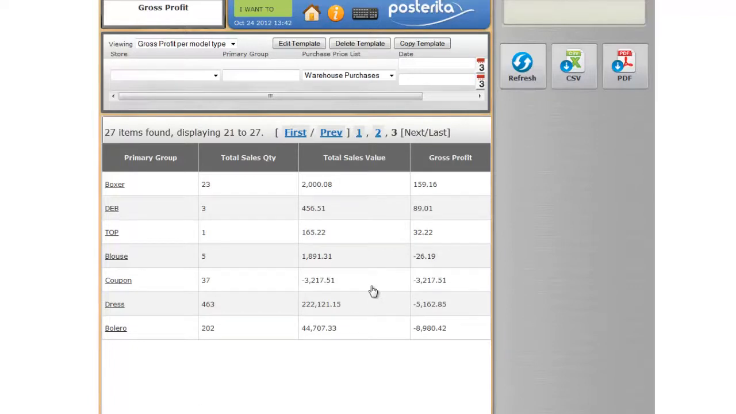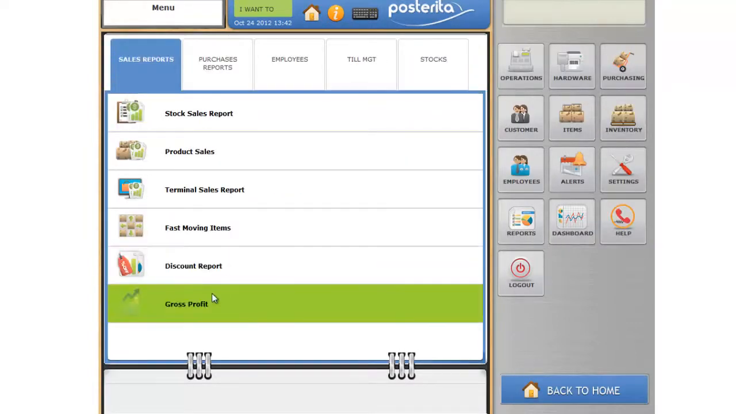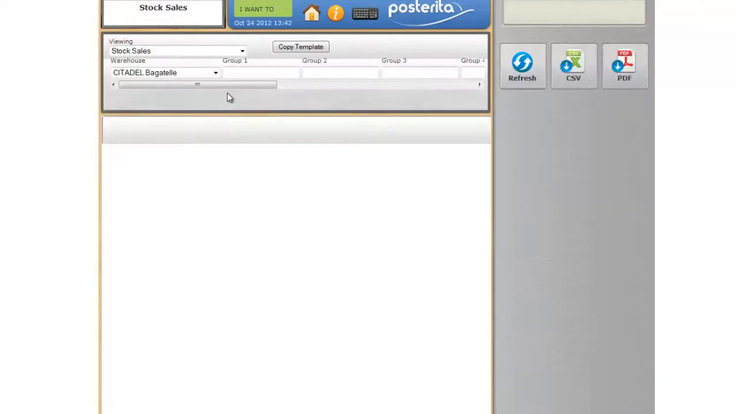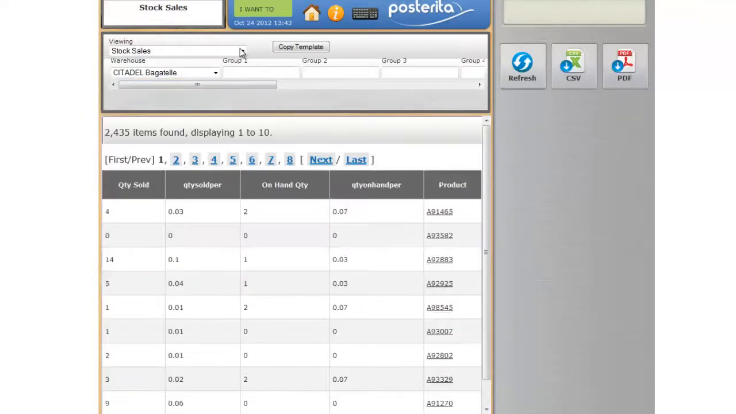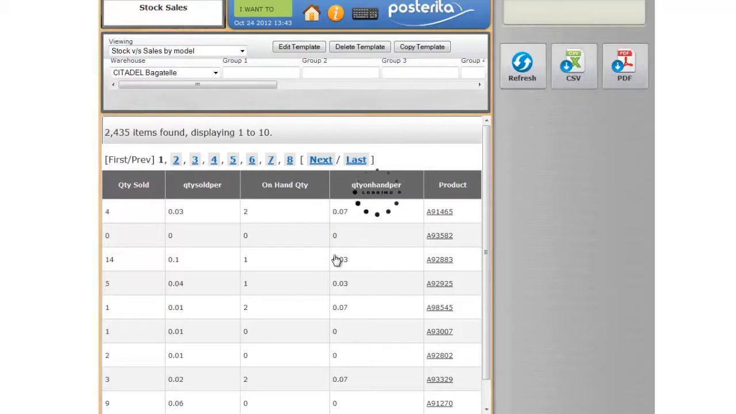Let's have one last look at one more report here. I'm going to go back to the home screen, and click reports, and let's take a look at the stock sales report. This is a very interesting report. Now I'm in stock sales and I want to show you this report called stock sales by model. So I'm going to pull this up